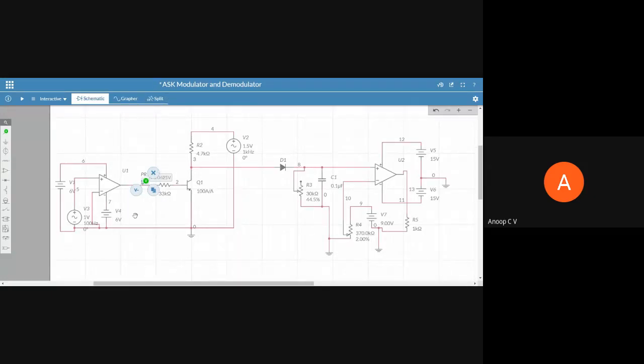So the first part is nothing but, instead of a square wave source, we are using a comparator with a sinusoid at the non-inverting input and the reference given to the inverting input as 0. So do you have any doubt with respect to the working of this part? If anyone has any doubt with respect to the square wave generator.